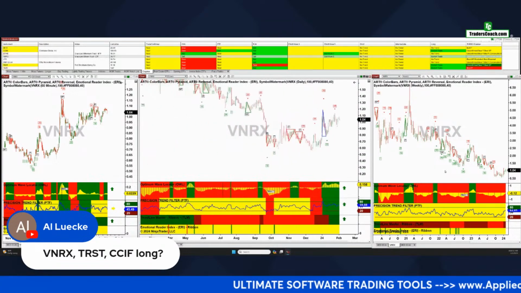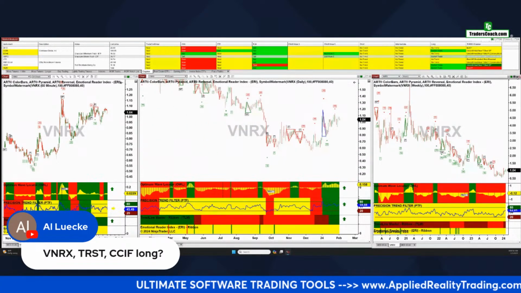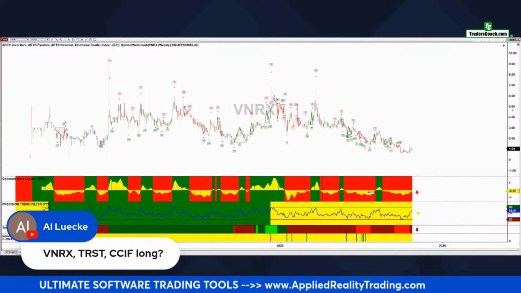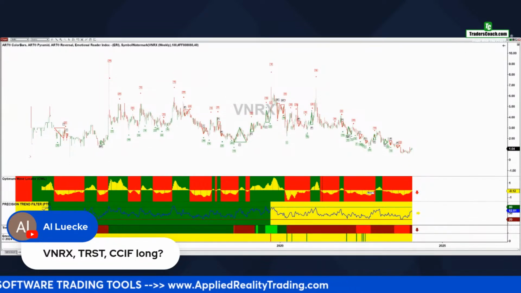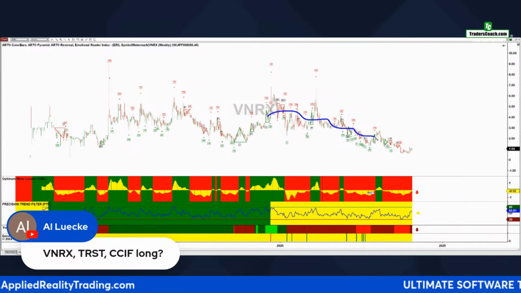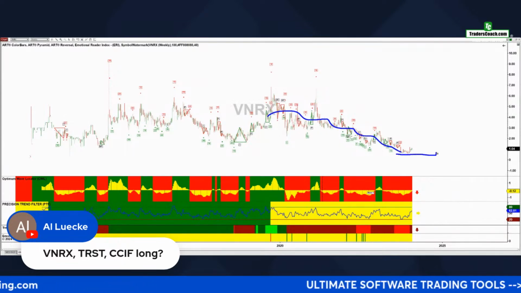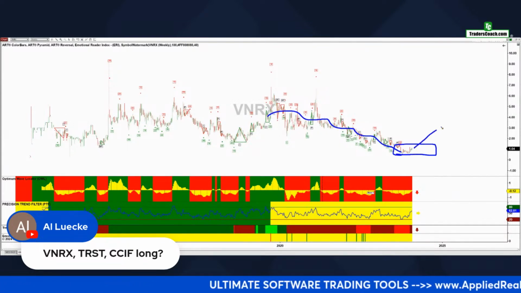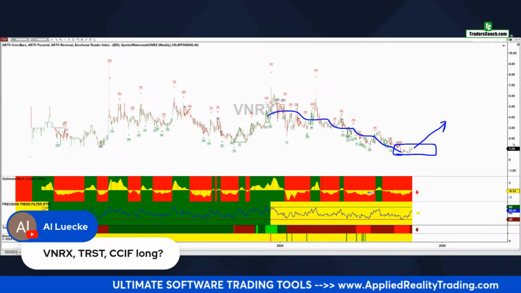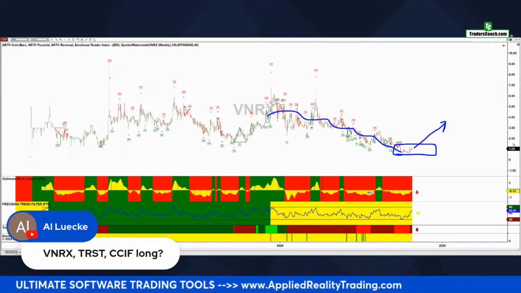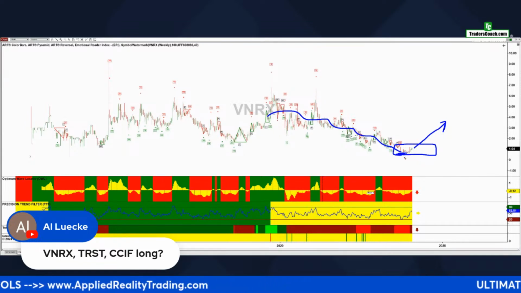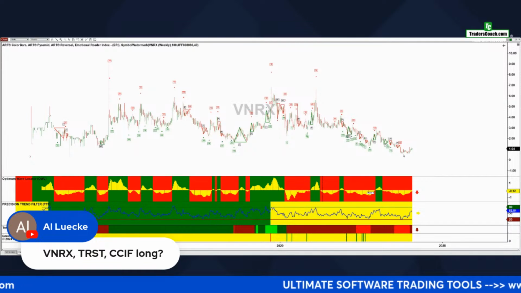Okay, so what Al did here, I'm going to open up this chart on the far right. This is the weekly chart. And so notice this stock over the course of many years has been working its way down. And I think Al is looking to see if he's got a bottom here for a possible move up now to the upside. All right, so this has reached pretty much an all-time low, at least darn close recently. And it looks like we may be slightly moving off the bottom. A little too early to tell, Al, on this chart.